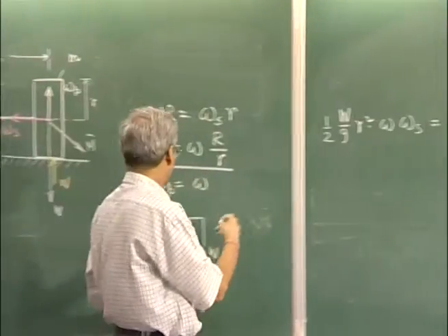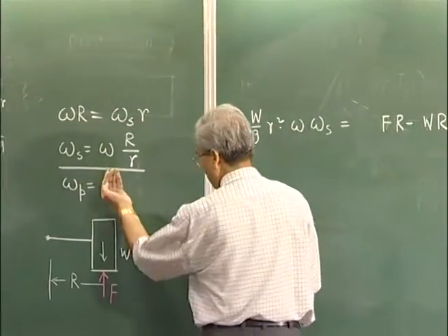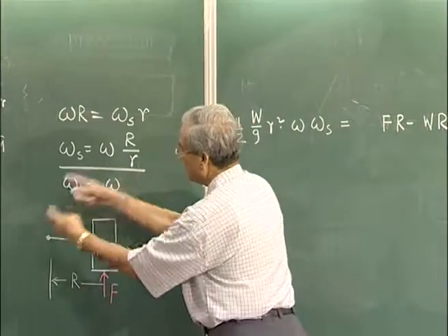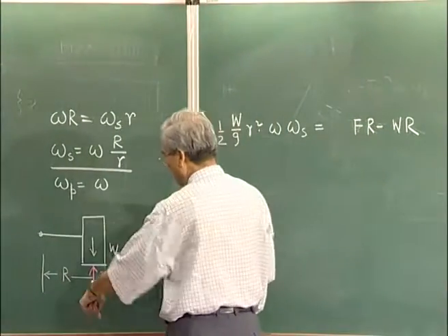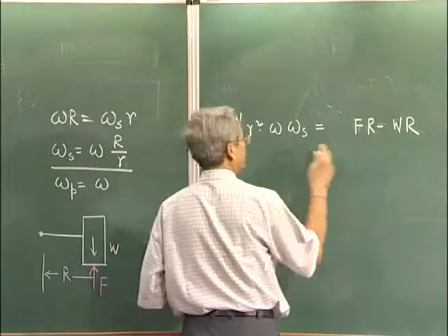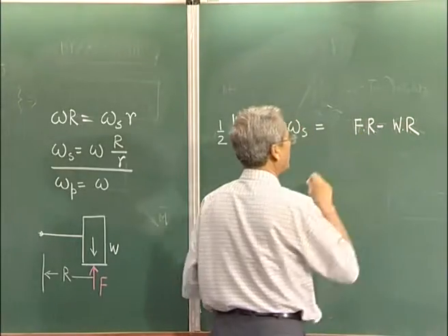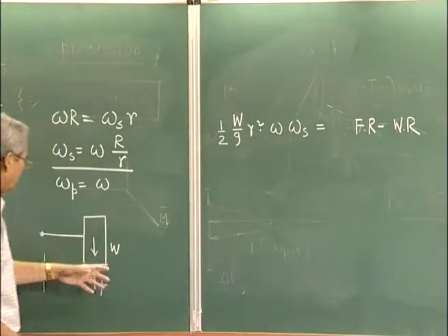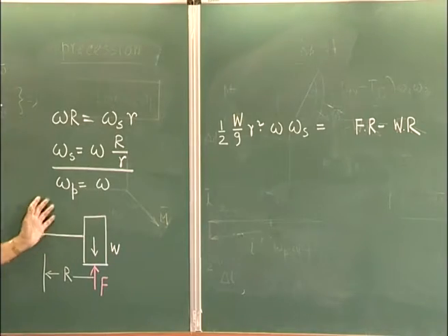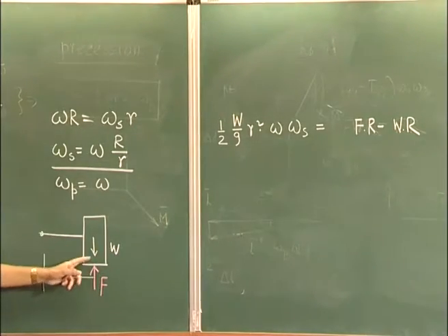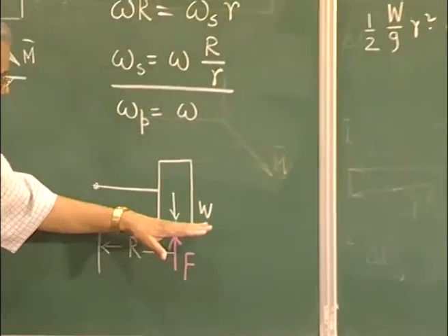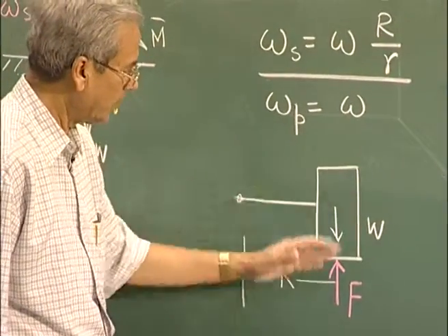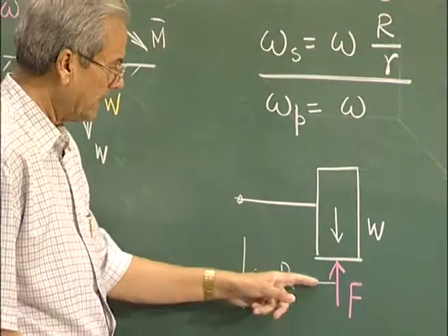Now, to produce that, this force multiplied by r can produce a moment in this direction, F into r, but gravity will produce an opposite moment, minus W into r. So, this will be the total moment acting on this roller system, and F is nothing but the resultant force of contact between the floor of the crusher and the roller of the crusher,